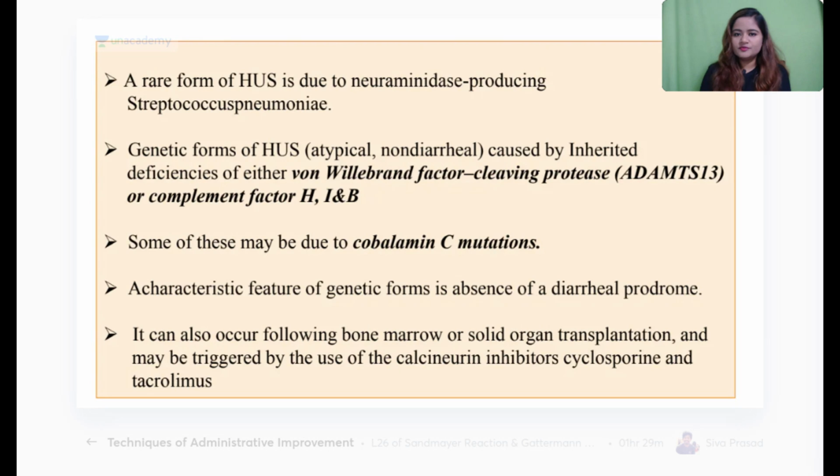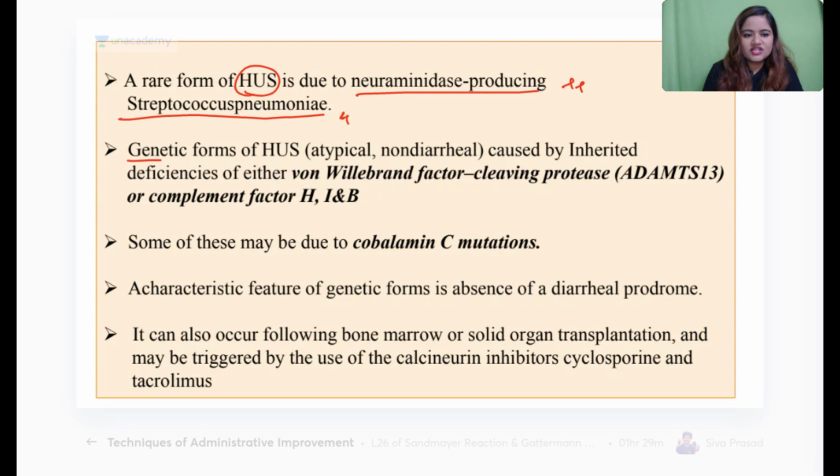So from anywhere you can acquire the infection। It can also spread from person to person। Now rare form of HUS, as I told you, is neuraminidase producing Streptococcus pneumoniae। This is a very very important point। It could be a leading question in the upcoming exams because हर बार question STEC पे आता है। So maybe the next target that they can ask is Streptococcus pneumoniae, and in that too neuraminidase producing S pneumoniae, ठीक है।